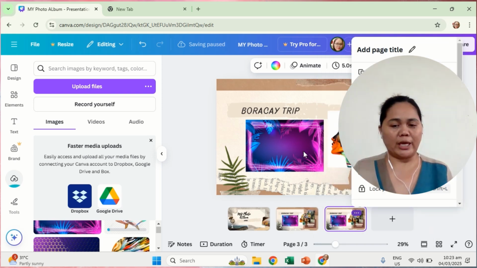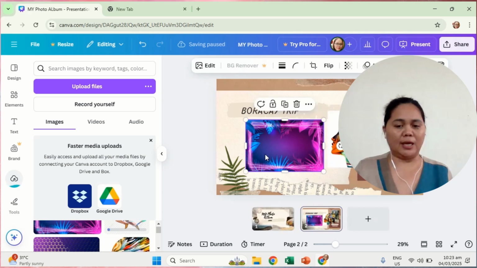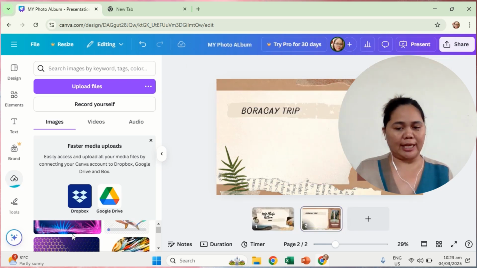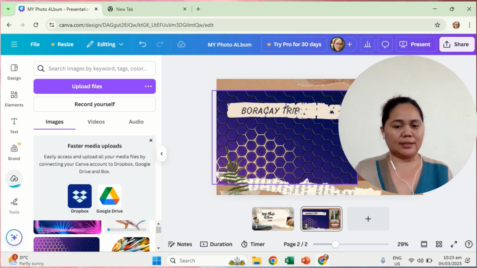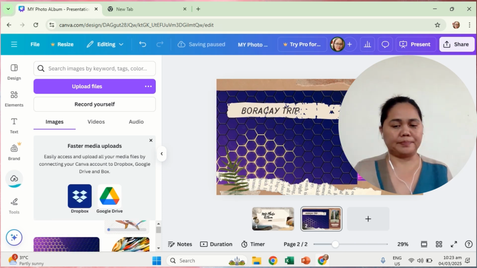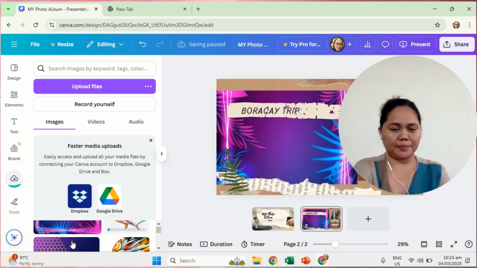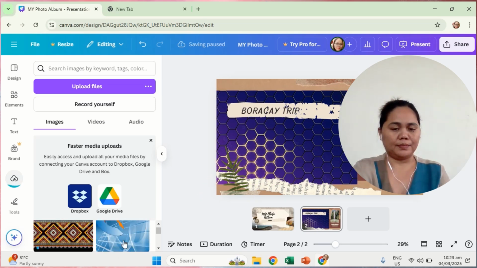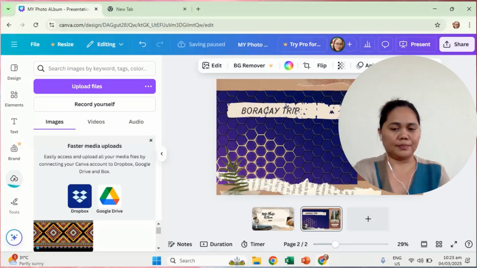You can also duplicate the slide if you want to copy the template of your slide. You can just right click and then choose duplicate. So you can replace the pictures with your preference.